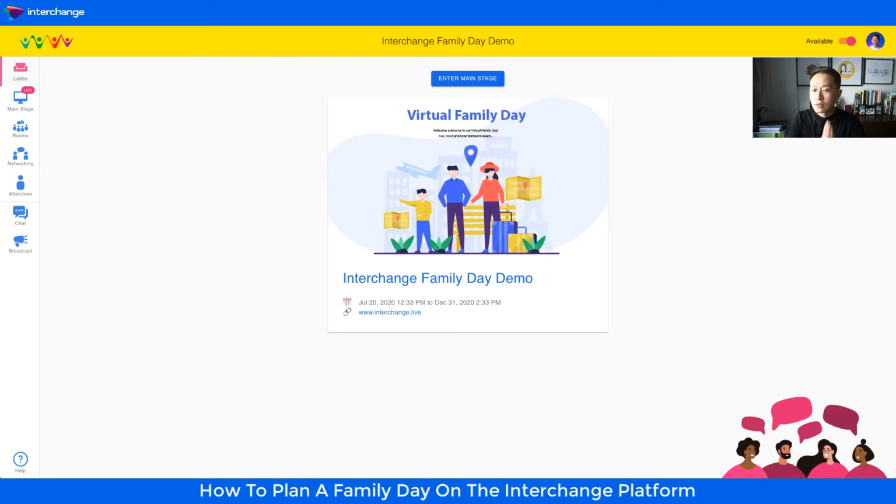Okay, great. So this is the lobby that your attendees will be seeing when they log on to your event. So again, all the attendees will be given their own username and password, or in this case, it could be an email address, corporate email address, and a password that's pre-generated for them. So we ensure that the people who attend your events are the ones whom you want in your event and